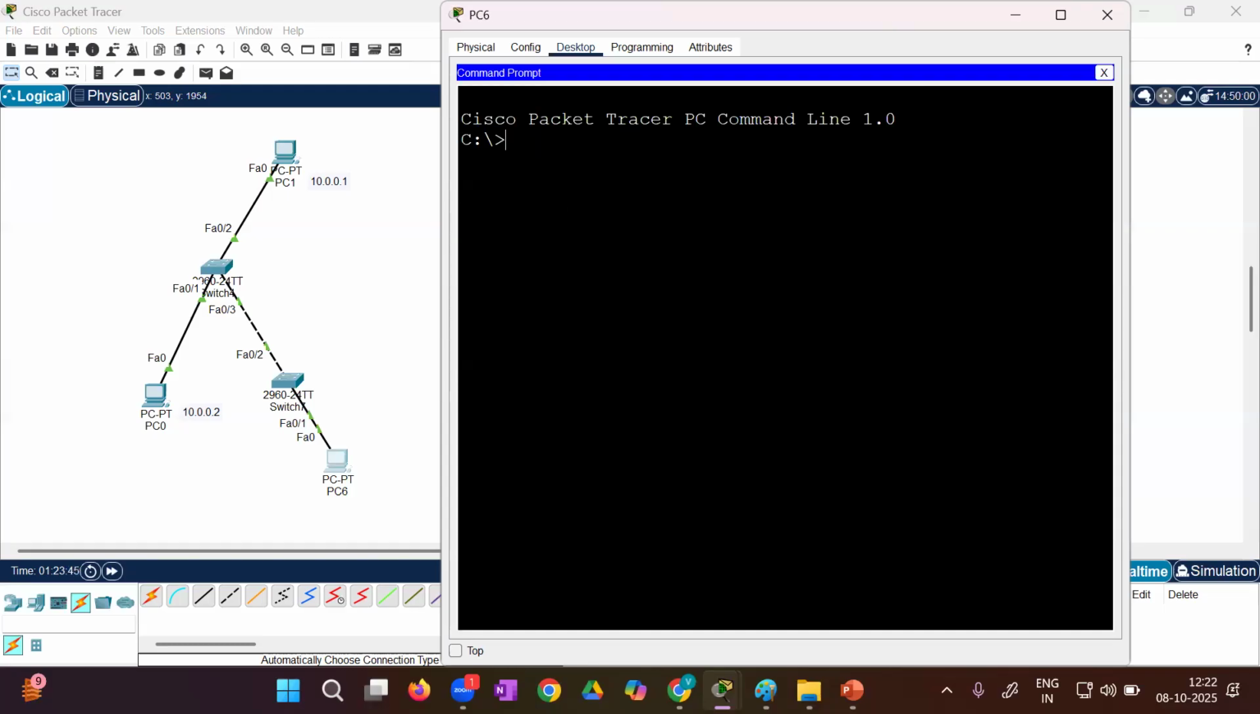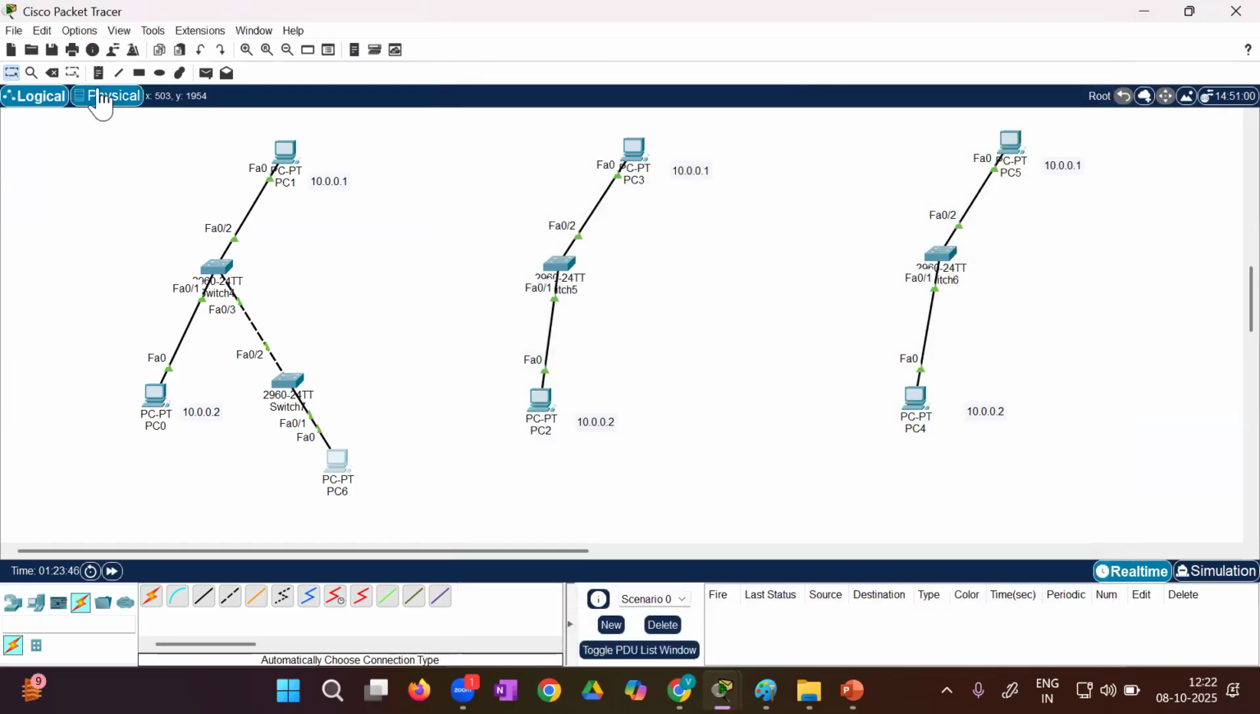Not like this. First, I need to remove this. No, I have to connect with the same interface, not with a different one. Okay. Remove this. Remove this also. And now you connect this with interface F0/1. Okay. Now